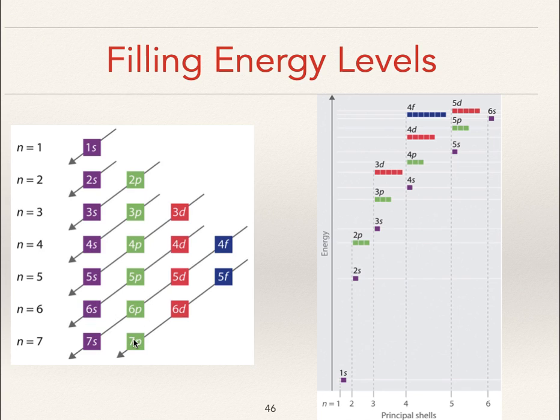And what's happened at 7p, as we'll see in a moment, is that you've reached the end of the periodic table. Now, one thing that we haven't talked about yet are excited states. I think I'm going to hold off on that. I want you to learn how to fill these in order, and then we can start thinking about excited states